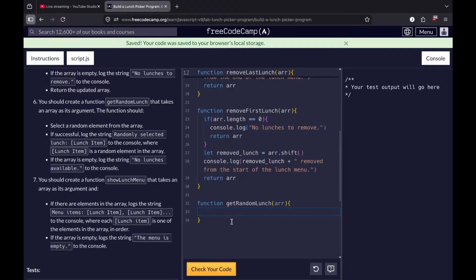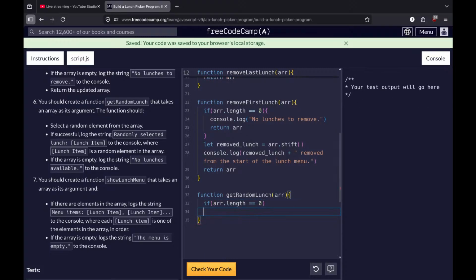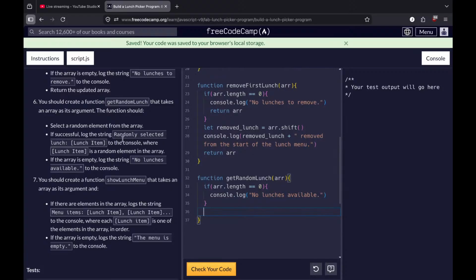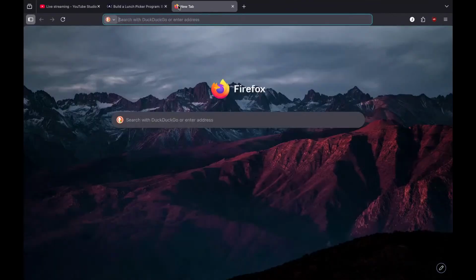Okay, so if the array length is 0, we're just going to console log no lunch is available. Okay, otherwise we need to get a random lunch, and for this we need to generate